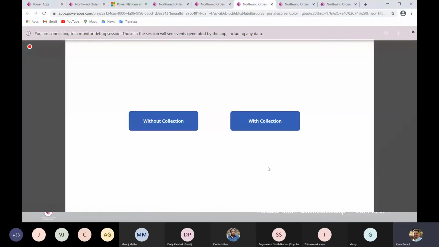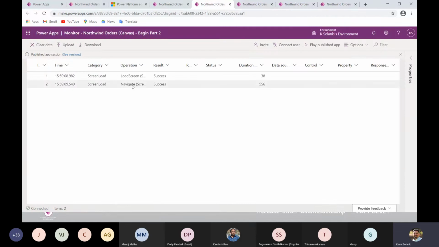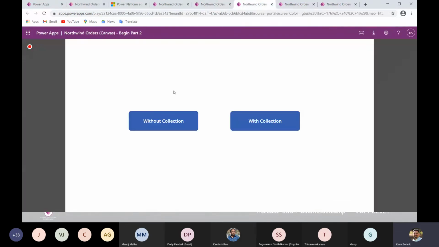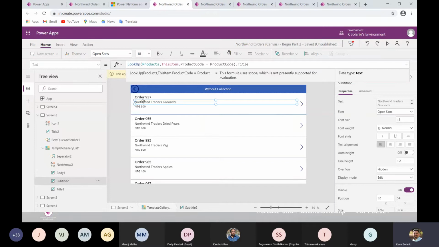As soon as I loaded this app, some event already occurred, which I wrote on load screen. If I press this button without collection, the code we have written over here will map the product name to each and every order. So let's see it in action.